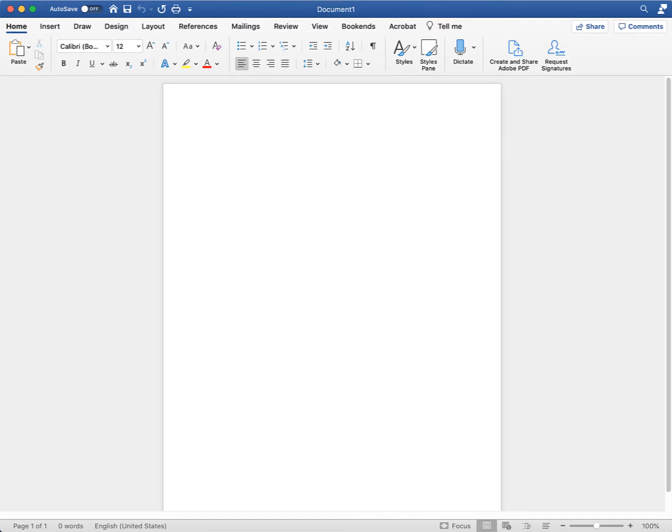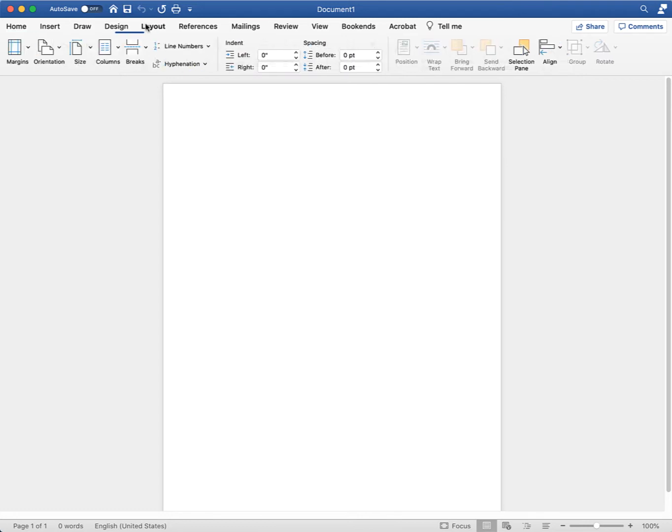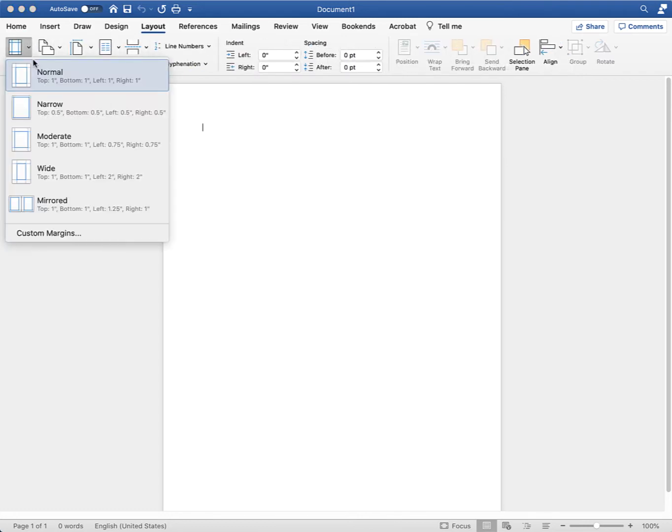Hey folks, thought it might be useful to spend a couple minutes going over how to lay out a paper in MLA8 style in Microsoft Word. So the first thing we'll need is a blank Microsoft Word document, and we've got one right here. And we're going to be concerned about the margins. So we go to Layout, Margins, 1 inch top, bottom, left, and right.